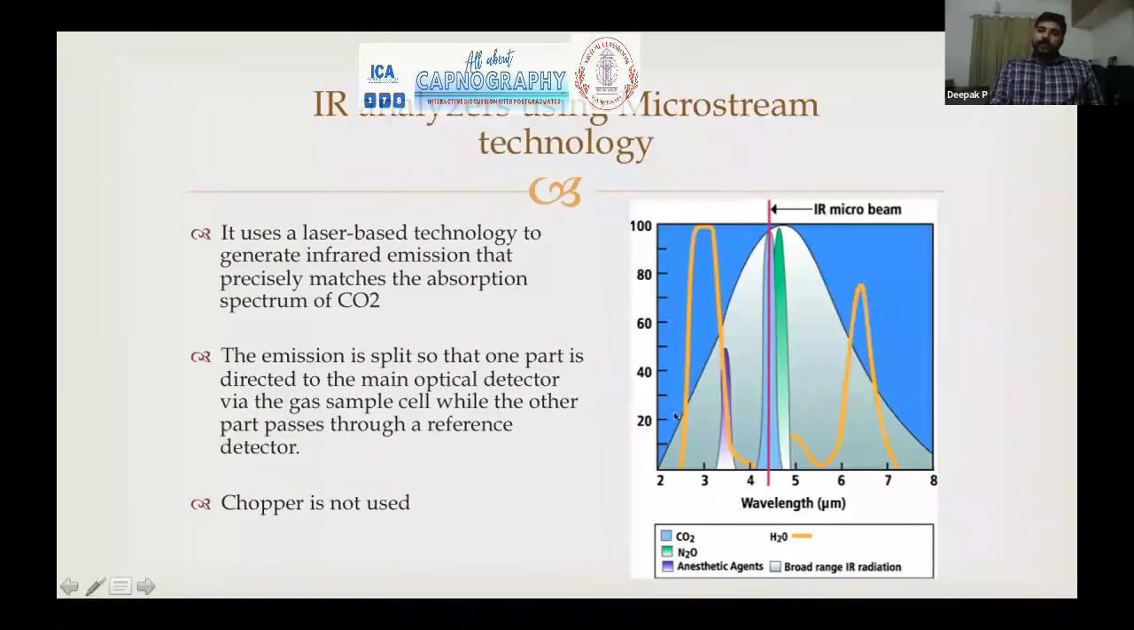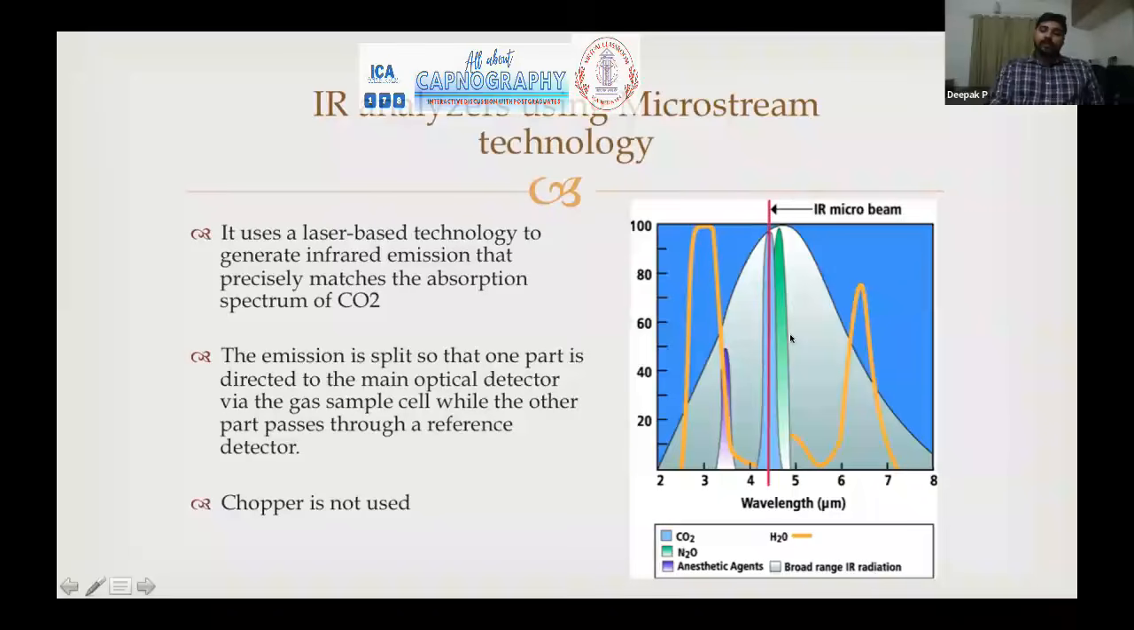This huge pyramidal structure is the complete wavelength of infrared radiation radiated out by a black body radiation. The problem is that within this huge pyramid, there lie areas with absorption for carbon dioxide, for nitrous oxide, for anesthetic agents, and even for water vapor. So while using a black body radiation, interference occurs with the presence of nitrous oxide, water vapor, etc. So an accurate measurement of carbon dioxide is more difficult,